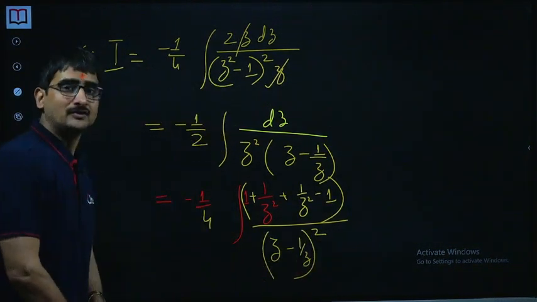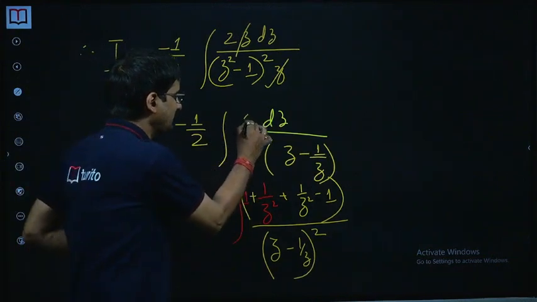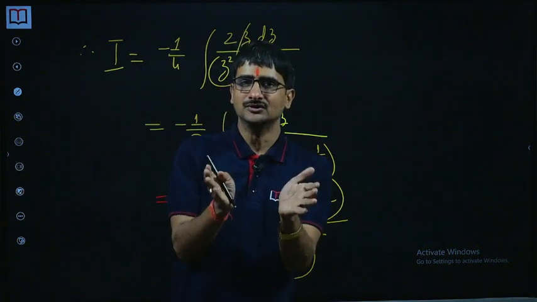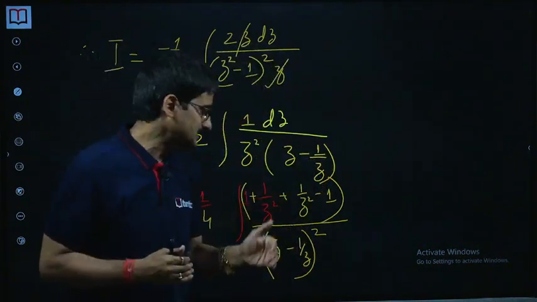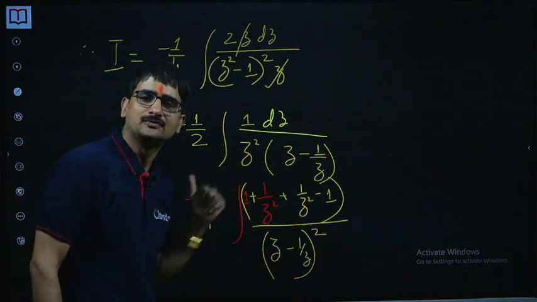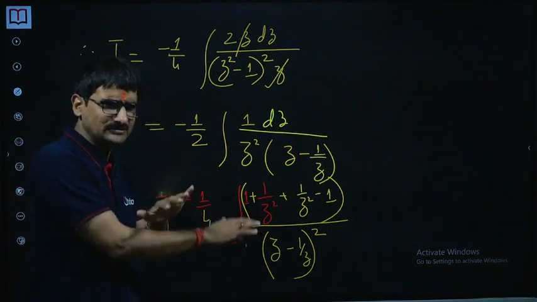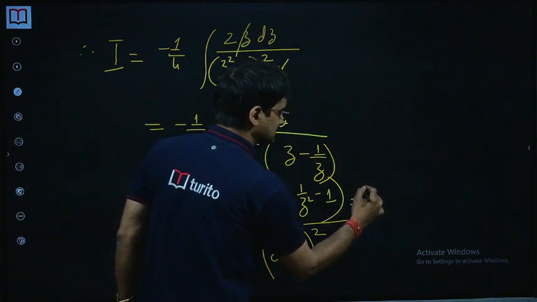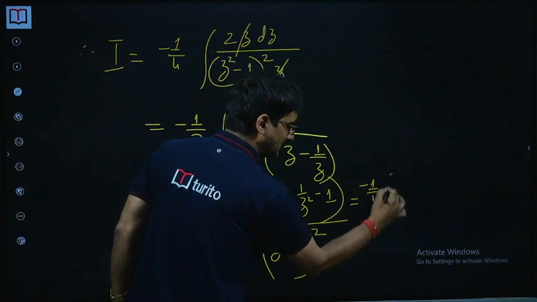What I did, I just see it's 1 by z square, so I made it as 2 by z square. So there are two 1 by z square terms. Once I added 1 to it, and then of course to balance it I wrote it as minus 1, so it's completely balanced. Now I will break it into two integrals here, minus 1 by 4 times,